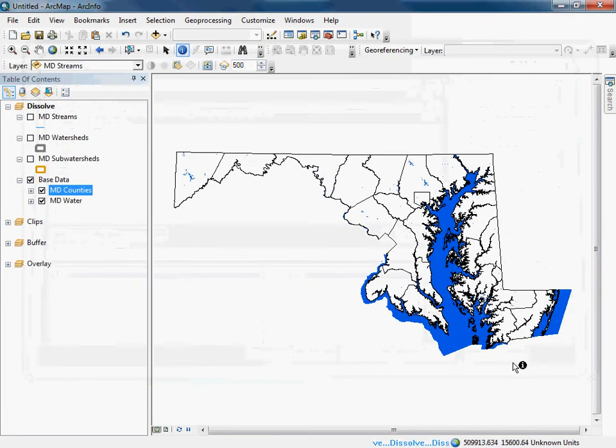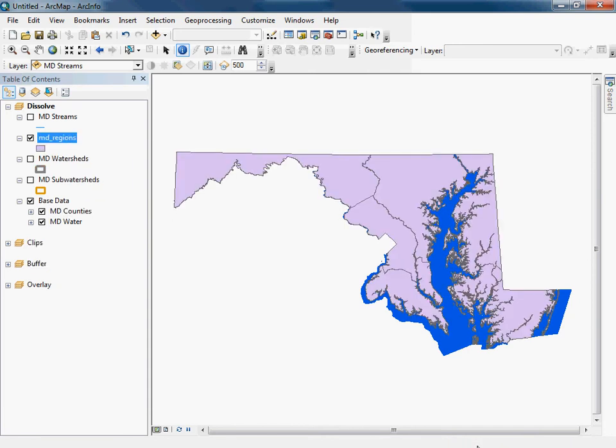So I'm going to go ahead and run that. And you can see ArcGIS is kind of telling you, hey, I'm doing some work down here. I'm doing the dissolve. And once that's done, it's automatically going to add in that new shapefile called MD regions, and it will give you a little message, usually with a green checkbox, which is actually showing up on my other screen right now, that says the dissolve was completed, and a little green checkbox tells me that everything went